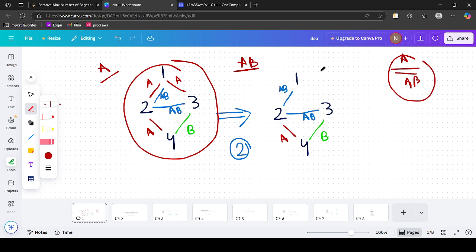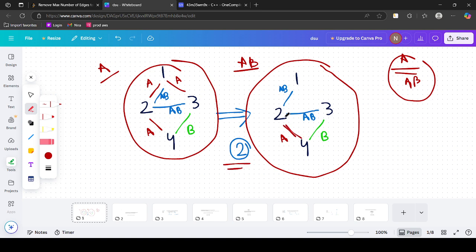So for example, we can remove 1 2 and 1 3, so the final will be this, and the number of edges we removed is 2. After removing, Alice can travel from here to here and here to here because all three have A, and similarly B can travel from this to this and this to this. So both Alice and Bob can travel the whole graph. So the maximum number is 2, so the answer is 2.